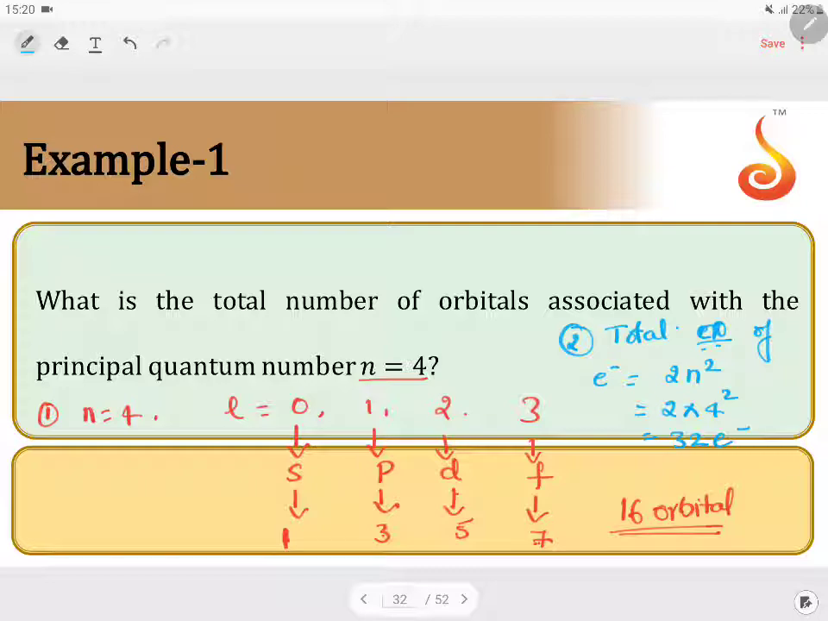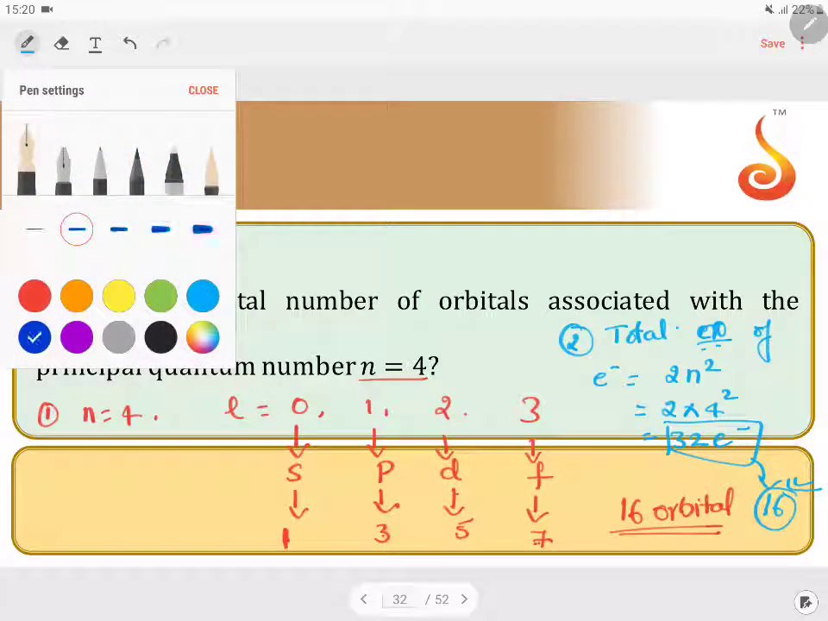We know that in each orbital a maximum of 2 electrons can be accommodated. To accommodate 32 electrons, half that number of orbitals, that is 16, should be there. Then the third method is